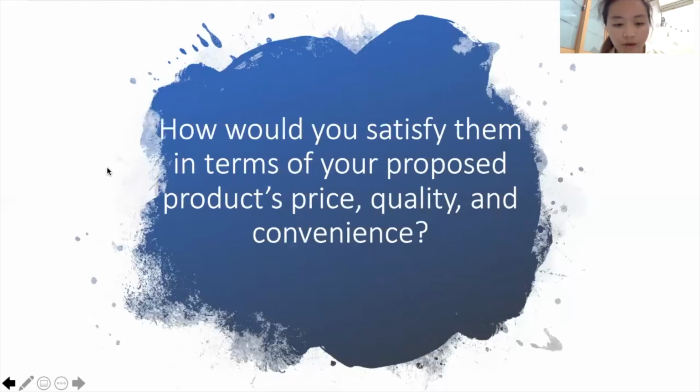How would you satisfy them in terms of the proposed product price, quality, and convenience? Our system has four factors to satisfy. These are speed, scalability, efficiency, and accuracy. In other words, it can give the ability to detect fraud, especially in payment transactions. Online food delivery is particularly convenient to everyone, but with the right tools and by the use of image processing and strategies, operators of Grab and other delivery services can minimize its impact.